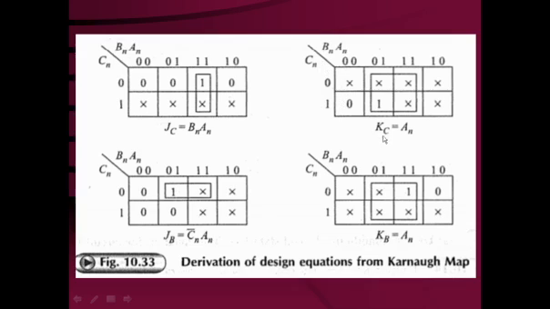And for that Kc input. So again Cn, Bn, An, that is the present state. You can substitute 0, 0, 0, 1, 1, 1, 1, 0. Cn will be having two different values, 0 and 1. This way a 3 variable Karnaugh map is prepared.